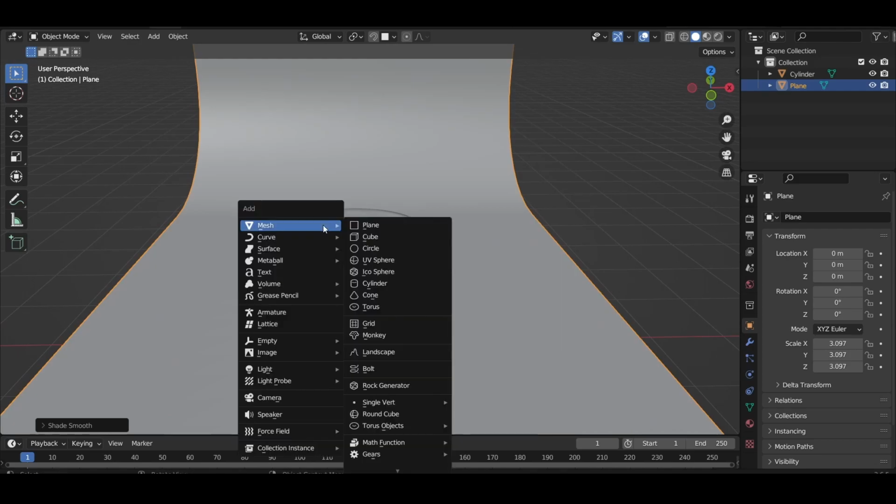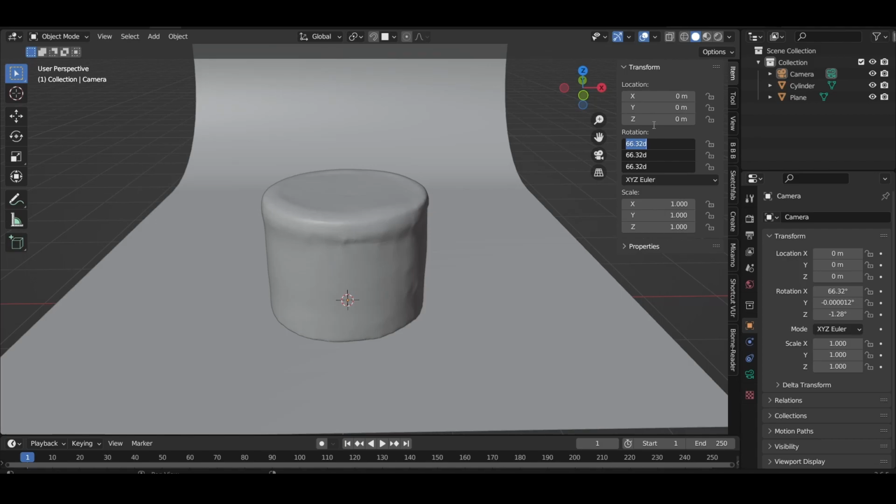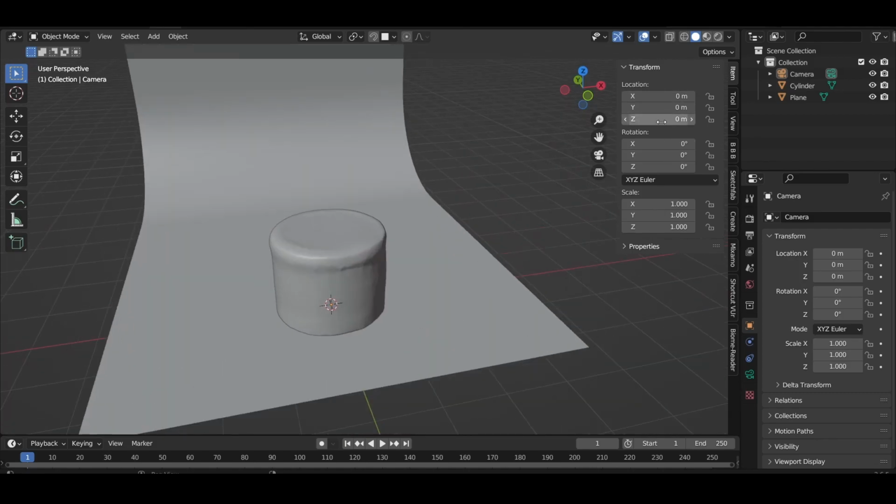Then we want to add a camera to the scene. We can reset these by holding left click and dragging them over everyone. Then we press 0. And then we can move it on the Y-axis. We can move it up on the Z. And we can rotate it on the X. And then